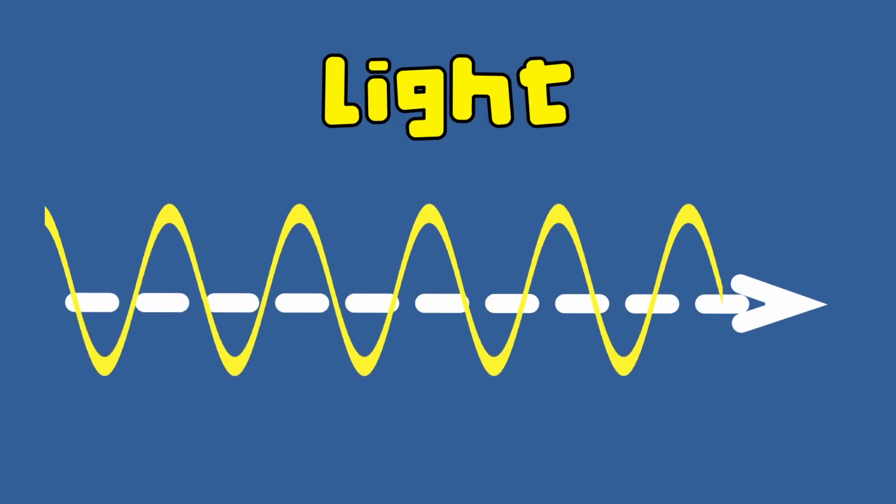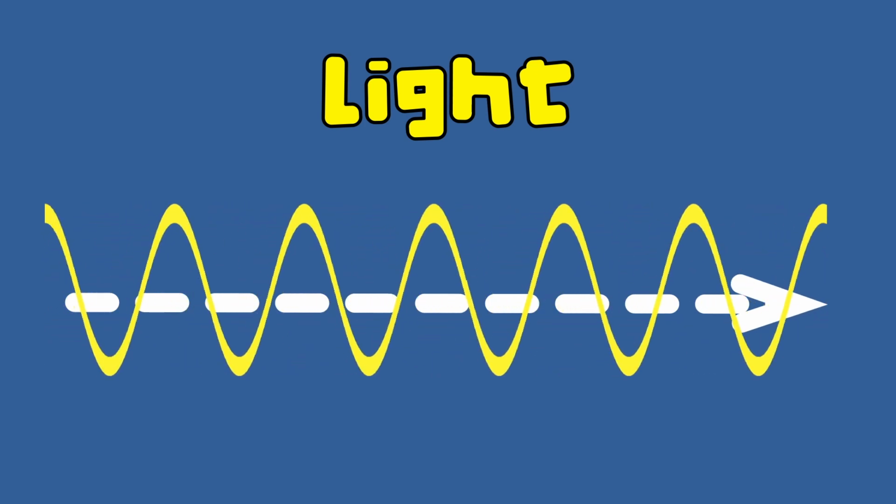And how does it travel? Light moves in light waves which always travel in a straight line. Where does light come from? Well, in order to see light, we need a light source. Light always starts from a source of energy, like our studio light here. I want you to stop and think for a moment of different sources of light. How many can you think of?